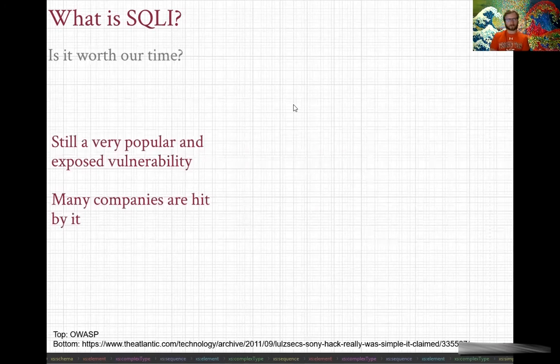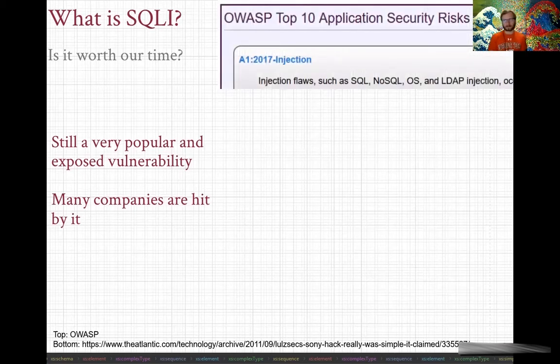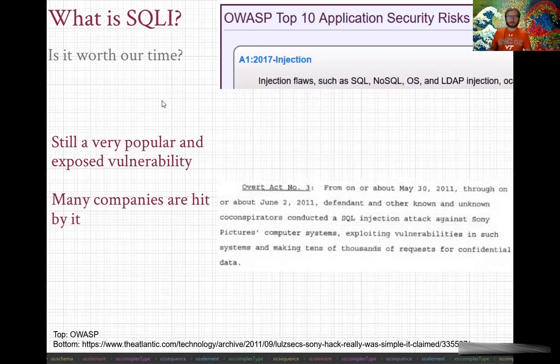Now, for the more malicious users and why we should actively look into this, it's still very popular, and it's even in the OWASP top 10 application security risks. And SQL injection is number one as of 2017. OWASP is a very public and very big security organization that sets up a lot of guidelines and a lot of security practices that people should watch out for and should use. And a lot of companies are hit by SQL injections. And as shown from this photo,